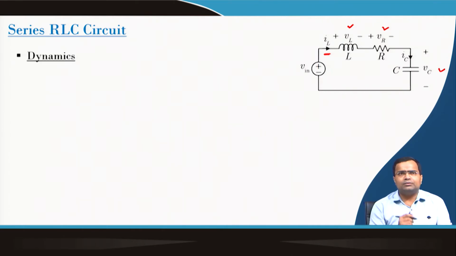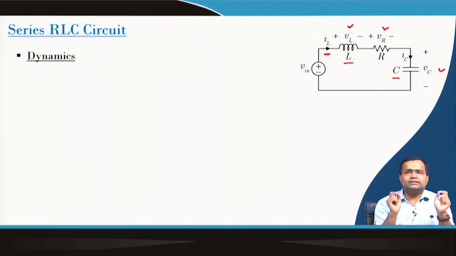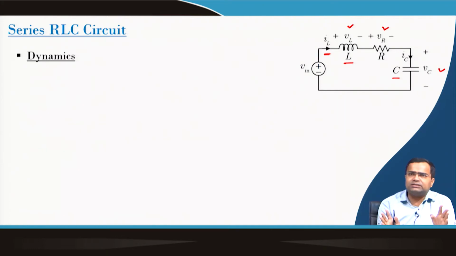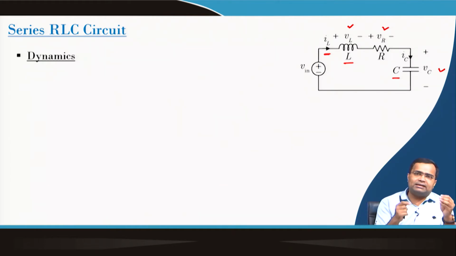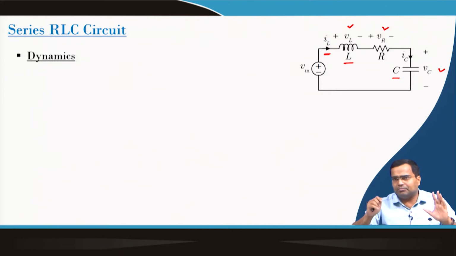Okay. Now, the dynamics of this system. We have two energy storing elements, one is the inductor, another is the capacitor. So, we can expect for each energy storing element there will be one first order equation. The overall system can be a coupled second order equation or two decoupled first order equations depending upon how we are writing. Of course, they will not be decoupled, but we can write either two first order equations in this format like in state space, or you can write it completely using a second order differential equation.